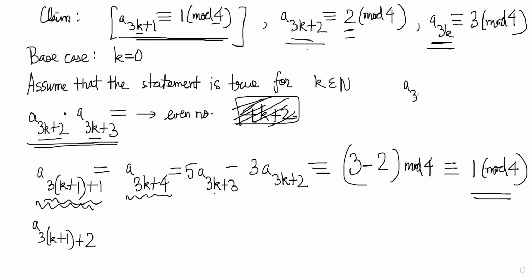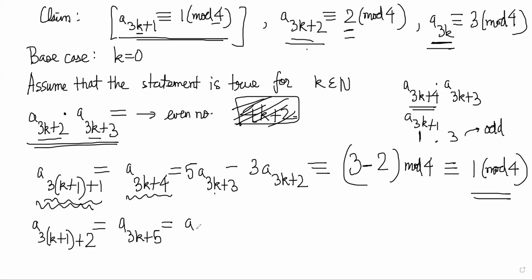But A of 3k plus 4 multiplied by A of 3k plus 3 is what? A of 3k plus 4 is basically A of 3k plus 1, so that is 1 mod 4. And A of 3k plus 3 is 3 mod 4. So this product is basically 3 mod 4, which is an odd number, right? So therefore, A of 3k plus 5 should be simply A of 3k plus 4 minus A of 3k plus 3, and that is congruent to 1 minus 3, which is minus 2 or plus 2 mod 4,